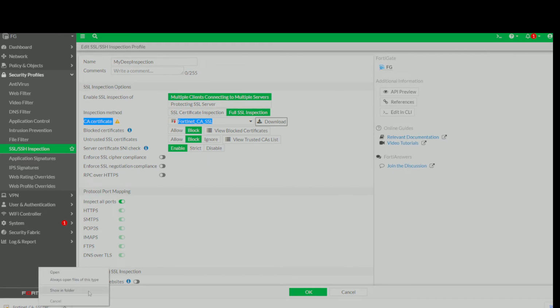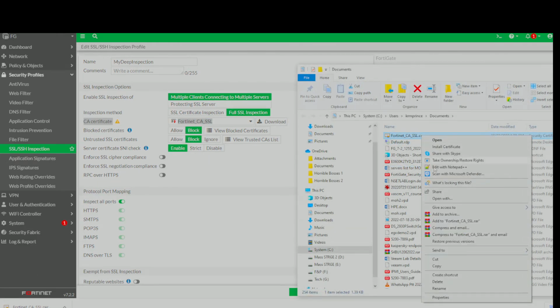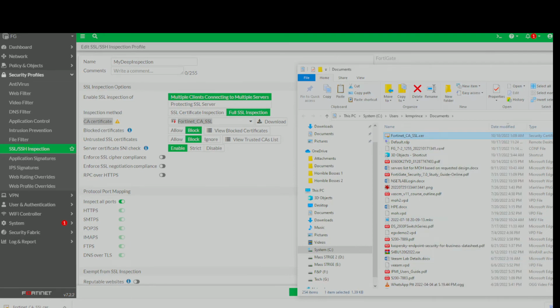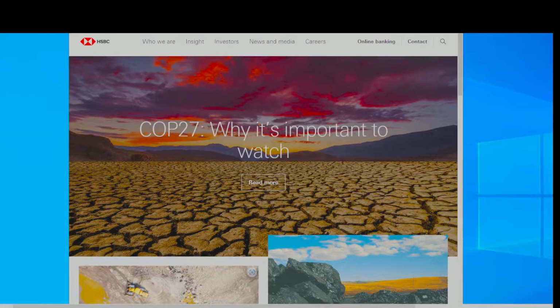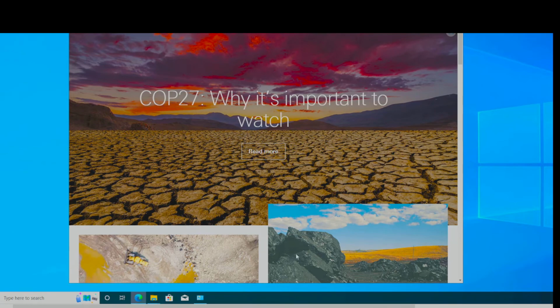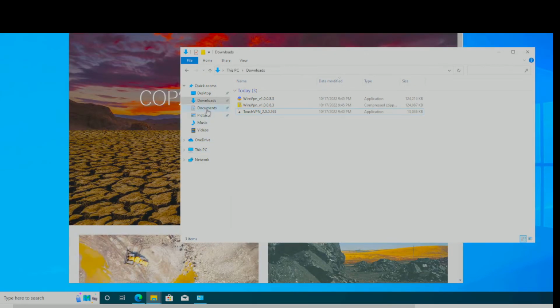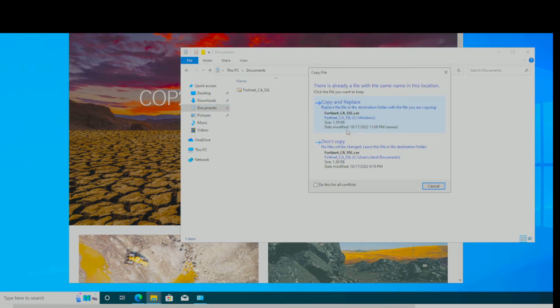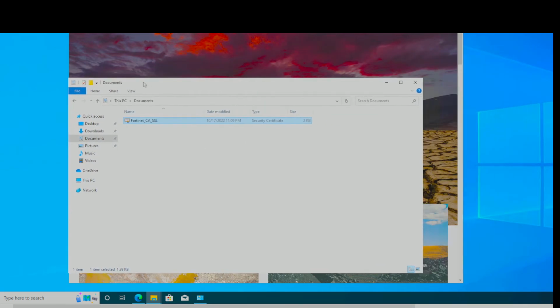Now I'm gonna take this certificate, take it like this, and move on to the local PC, the client PC, and put it somewhere, like in Documents. It's already here. Probably I did some testing. Okay, here's the certificate